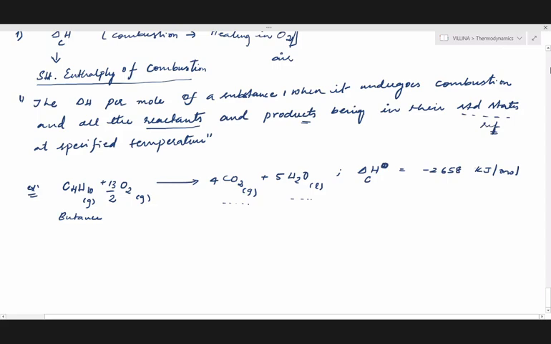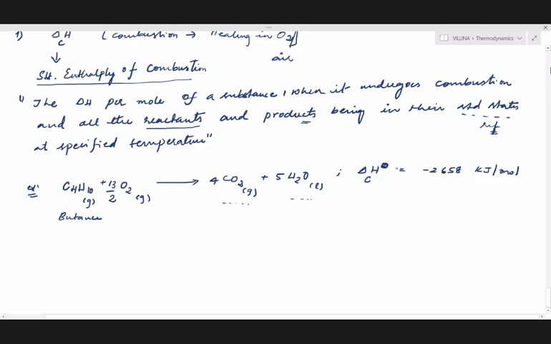So this is regarding enthalpy of combustion. Basically, the net enthalpy change involved during a combustion reaction is enthalpy of combustion. If the reactants and products are in their standard states, then it will be standard enthalpy of combustion. Simple, nothing more to it. They even gave an extra example, but one will be sufficient. This is just to understand the logic, right?